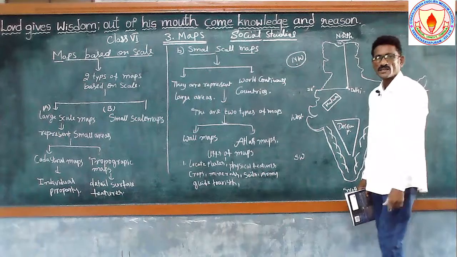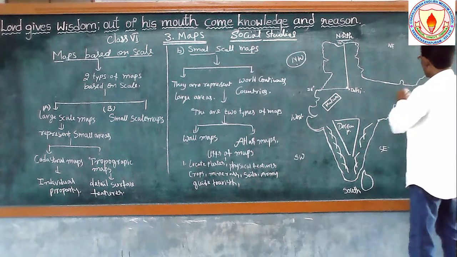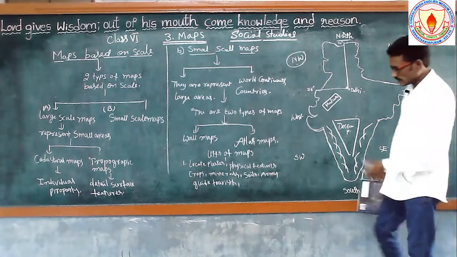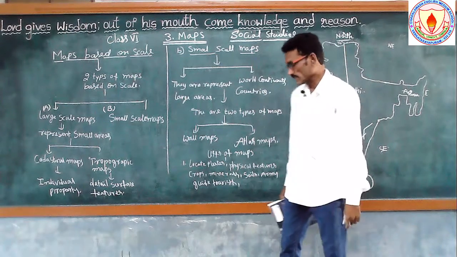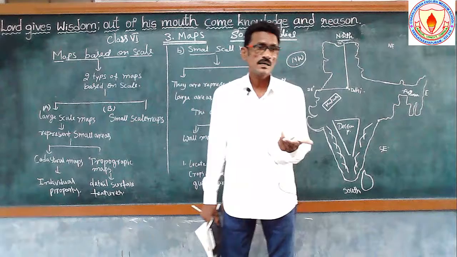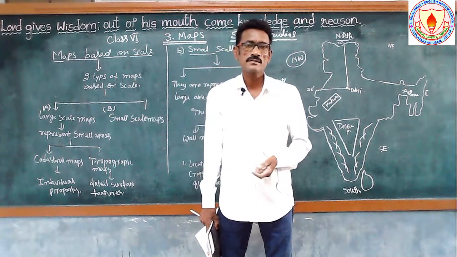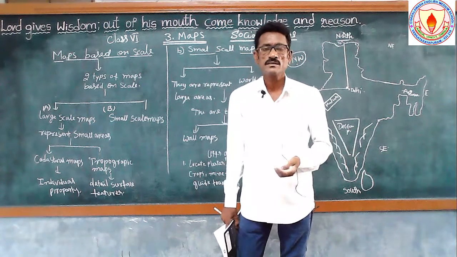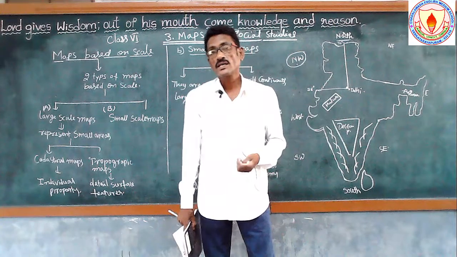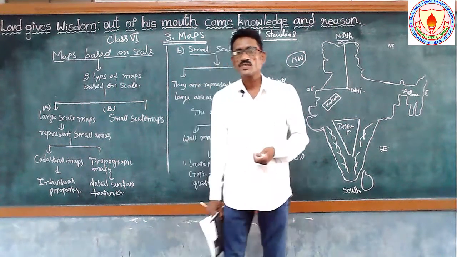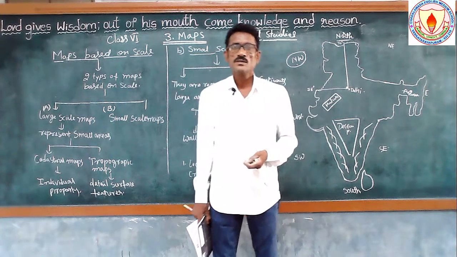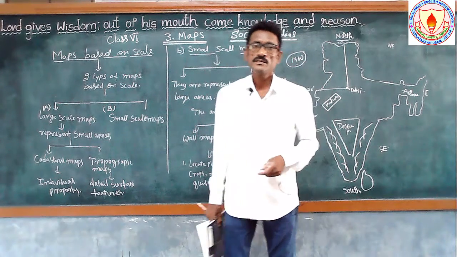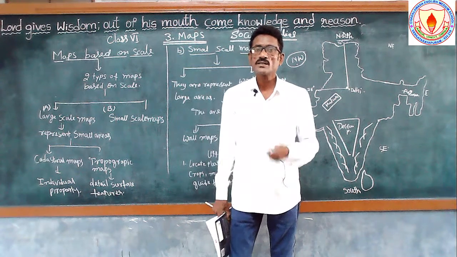The next word is crops. For example, Assam is very famous for tea. Where is Assam located? See, this is Assam. Like that, here also minerals and soils, and it is very helpful to the armies. And it is very helpful to tourists who have come from other countries. I hope you are learning more information from the third chapter, maps. So this is the third chapter ended, and I hope you are getting good knowledge.